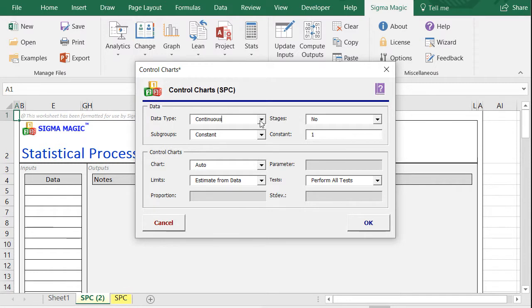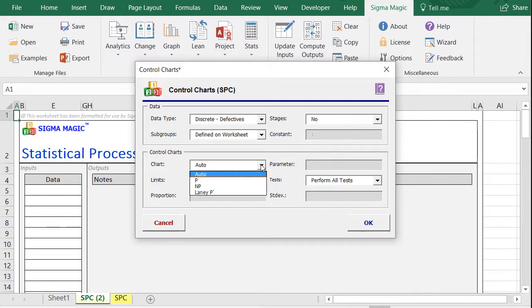this analysis. In the Data section, specify the data type as discrete defectives. If the subgroup size were constant, they could be defined here as constant, but in our case the number of tractors produced are different each week, so we specify that the subgroup size is defined on the worksheet. If there were any stage information for this problem like data collected before and after improvement, we could specify the stage information, but in our case we only have one set of data, so we specify that there are no